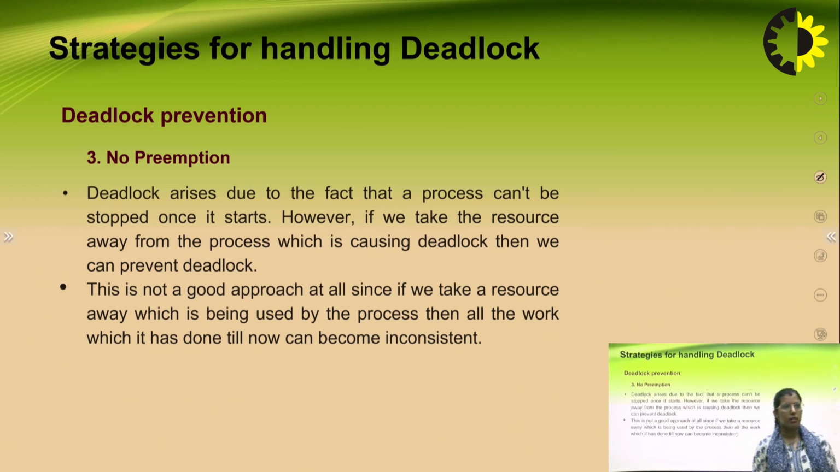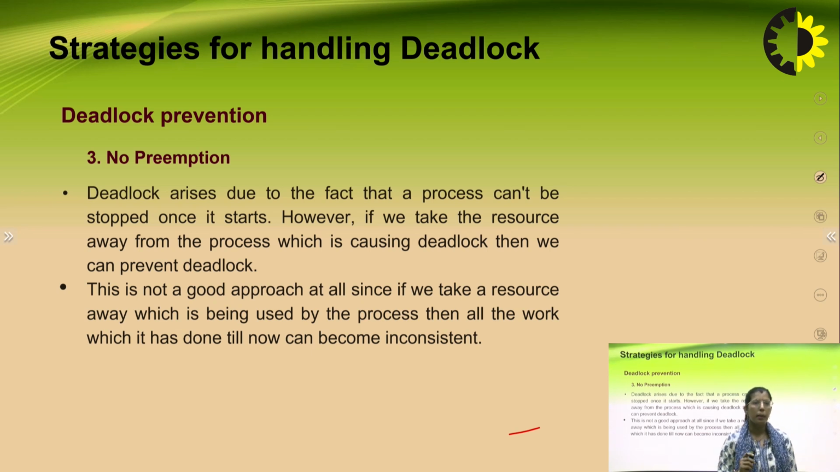So let's have a look at whether we can stop this particular necessary condition, which is no preemption. A deadlock arises due to the fact that a process can't be stopped once it starts. After it gets completed, it can be terminated from the system. However, if we take the resource away from the process which is causing deadlock, then we can prevent the deadlock,